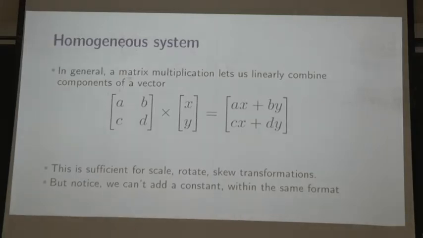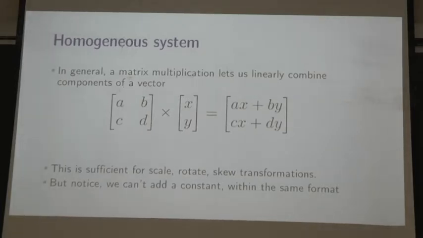Alright. So what have I talked about so far? Scaling, which is like a diagonal matrix. Skew, which is like a triangular matrix. It's diagonal plus one more term. Skew along x, it's the term here. Skew along y, it's the term here. Shear, yeah. I said skew, but shear and skew actually mean the same thing. Okay, they are used interchangeably in the text. So shear is a triangular matrix, either an upper triangular matrix or a lower triangular matrix. Okay, and I've talked about rotation, which is an orthonormal matrix.